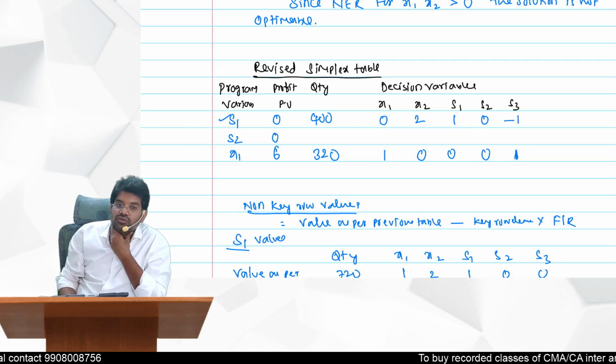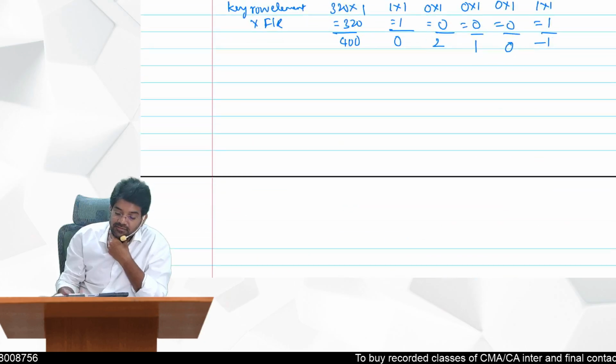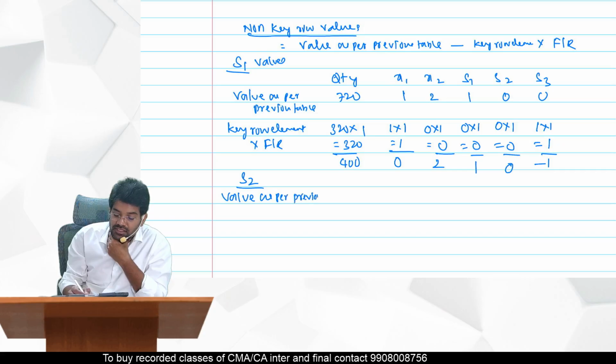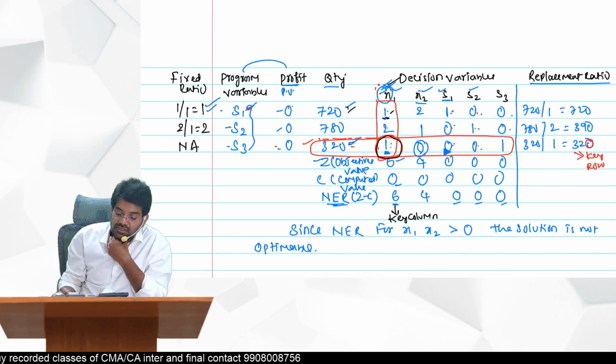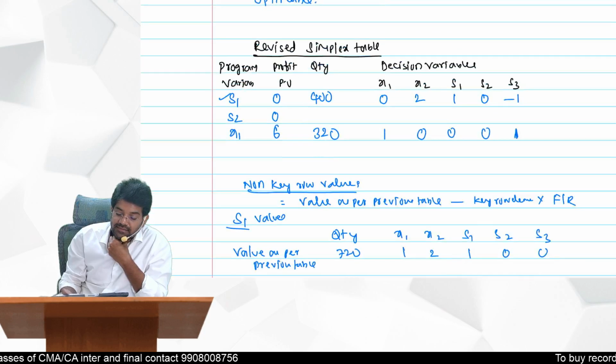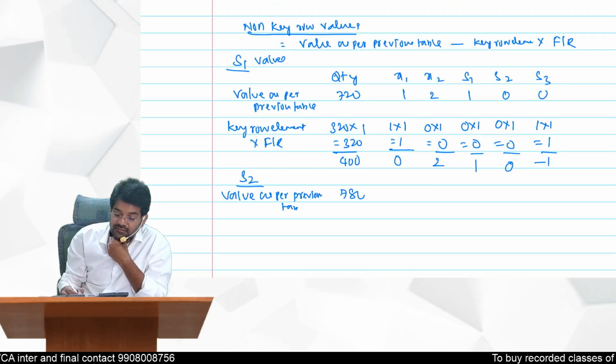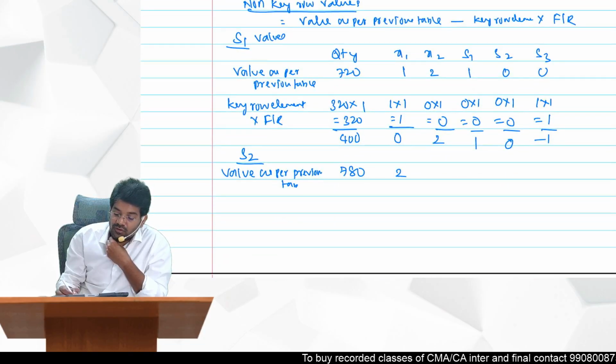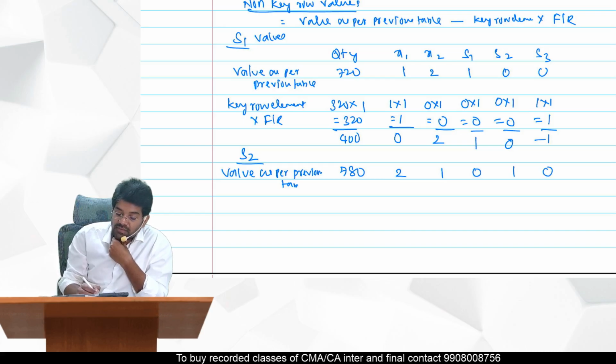Similarly for S2 also we should do that. S2. Values as per previous table you take. First, quantity how much? 780. x1, x2, x3, 2, 1, 0, 1, 0. Now next one is minus